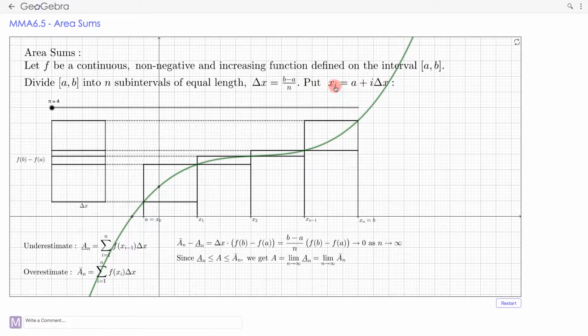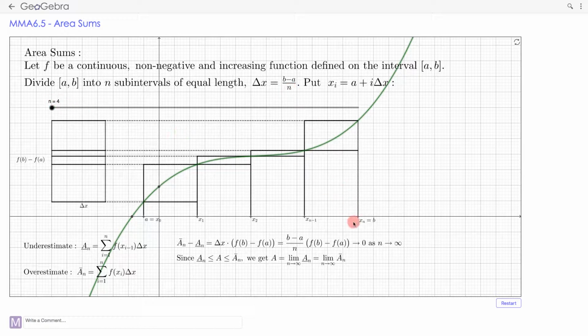And then we put xi equal to a plus i delta x. Why do we do that? We do that because then we can say that x naught, or x0, is just a, right? x0 is just a, because a plus 0 times this number is of course just a. But what is x1 then? x1 is a plus this interval length. x2 is this number, x3 is this number, and x4 is this number, in this case where n equals 4,